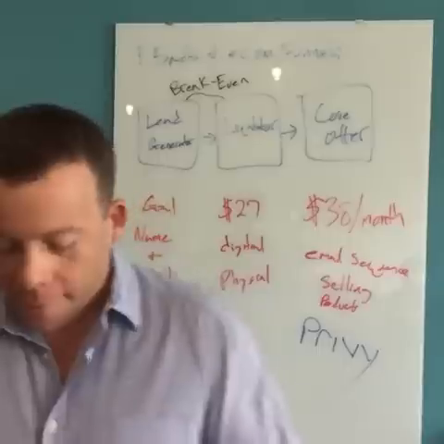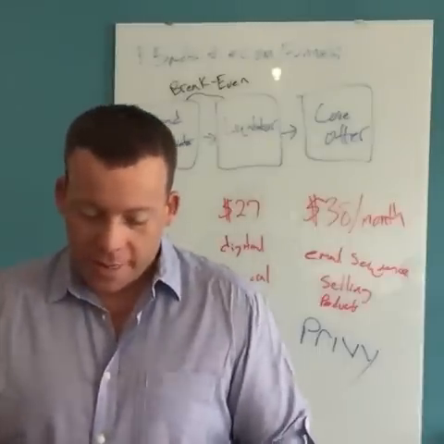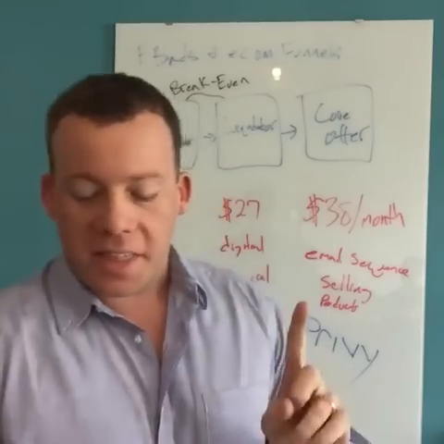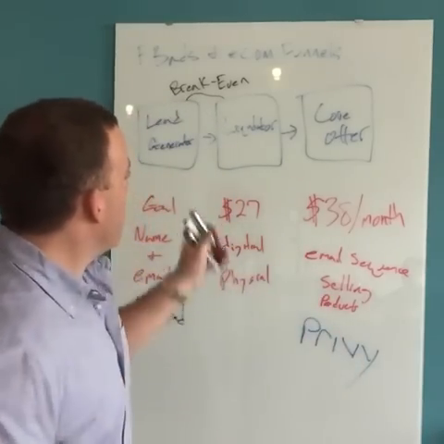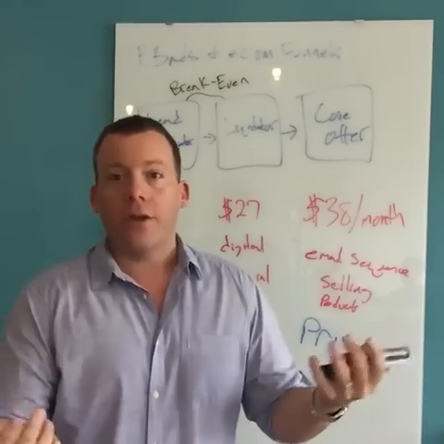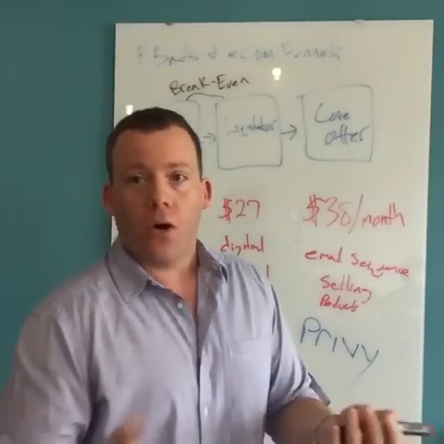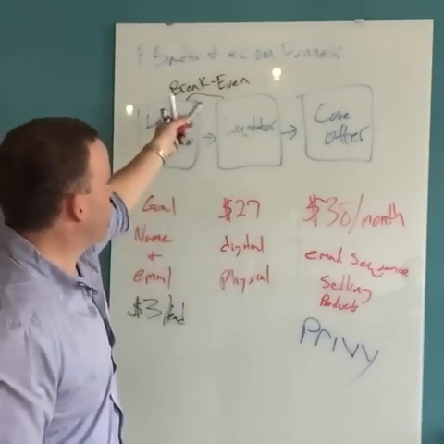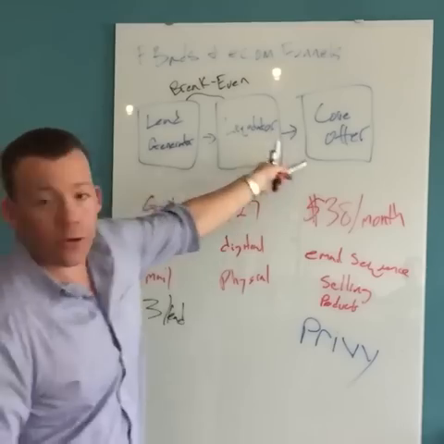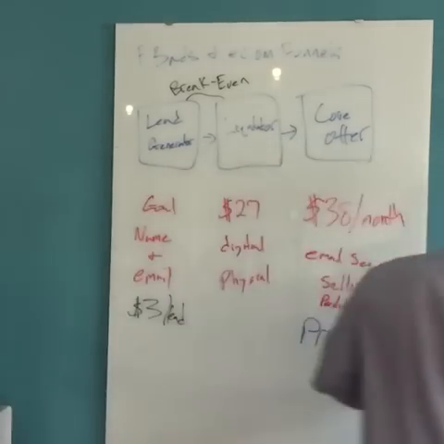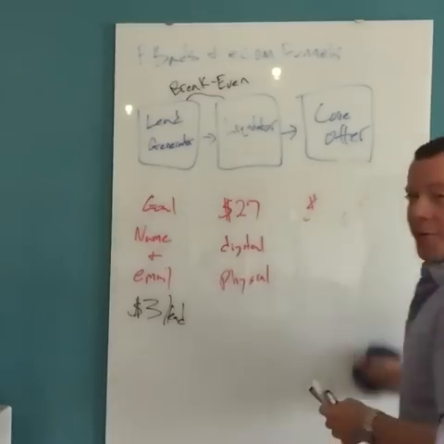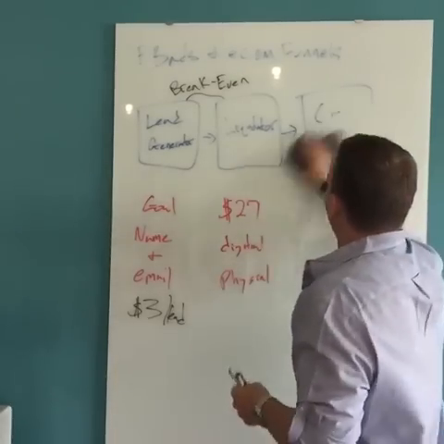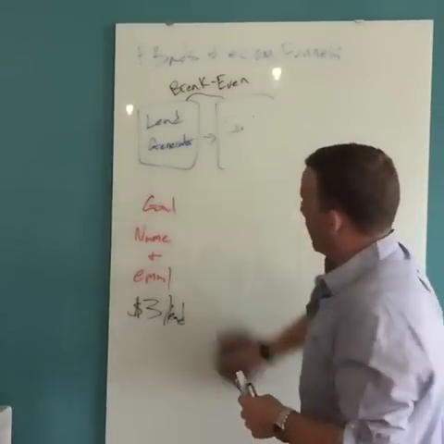All right, guys, I'm looking over the notes. I'll talk about one more thing because this is something that interests me, not something that we do, but I'll show you one more type of funnel. So the first one I showed you was the funnel that we use for all of our dropshipping stores for our core offers. This is the break-even funnel with a liquidator and how you use it with your core offer. I'll show you one more thing that's pretty interesting that a lot of my friends actually do. I don't run this one, but I have a good understanding of why people do it and how it works.